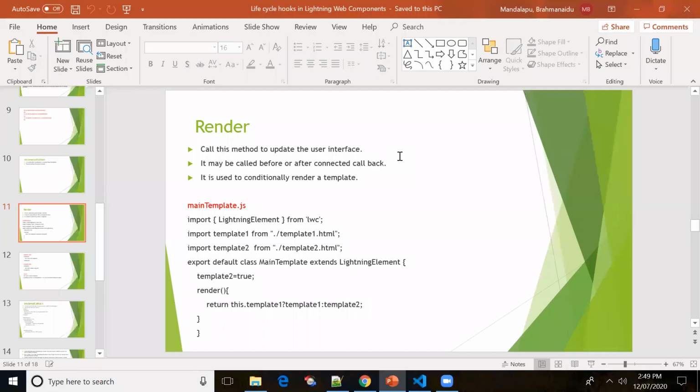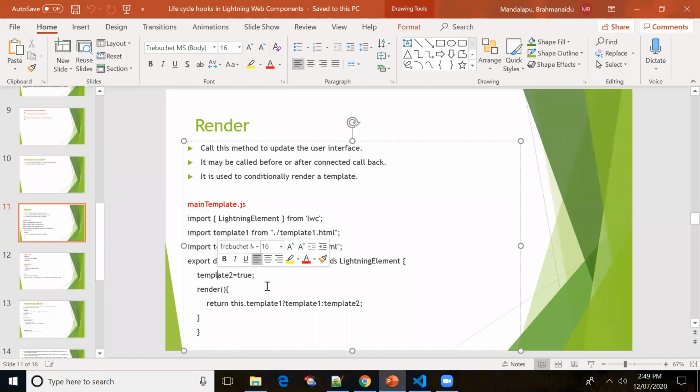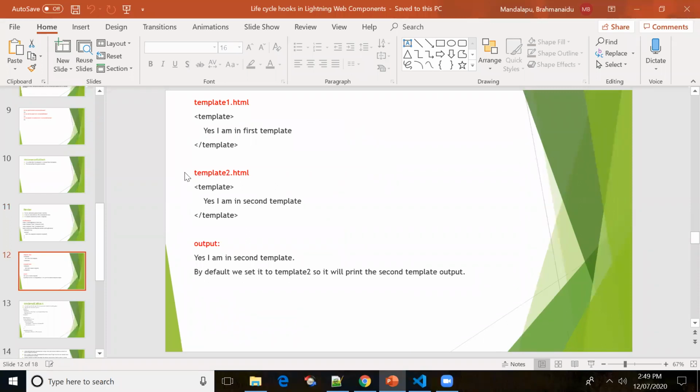In the render, we'll just be rendering the template based on the condition. By default, I'm showing the second template. This is the first template and this is the second template.